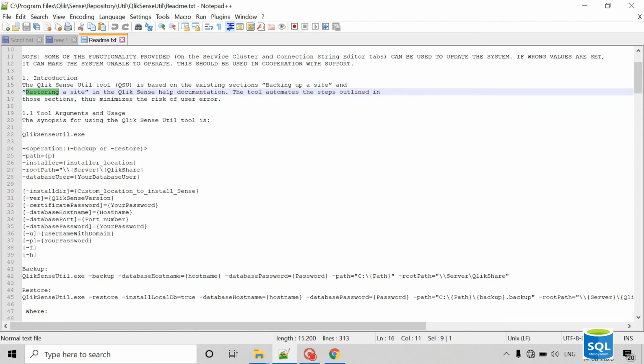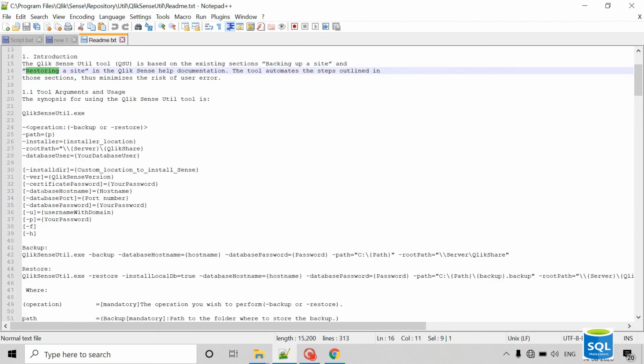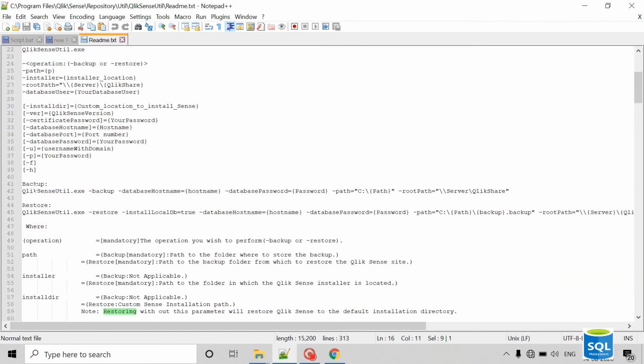So these are the different parameters that we can use for backup. First we need to give the exe name, then the backup parameter. If it is a restore, then we need to use the restore parameter. Then the database hostname and database password.